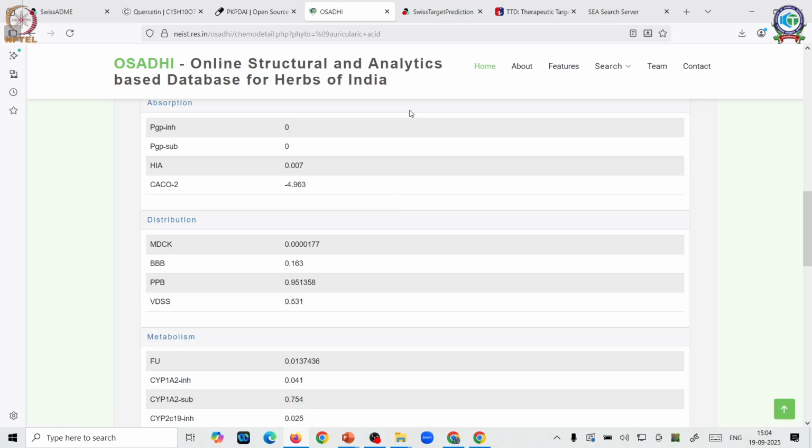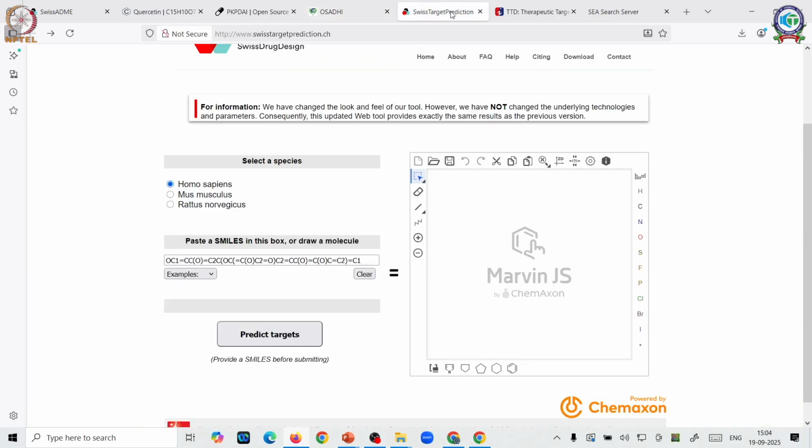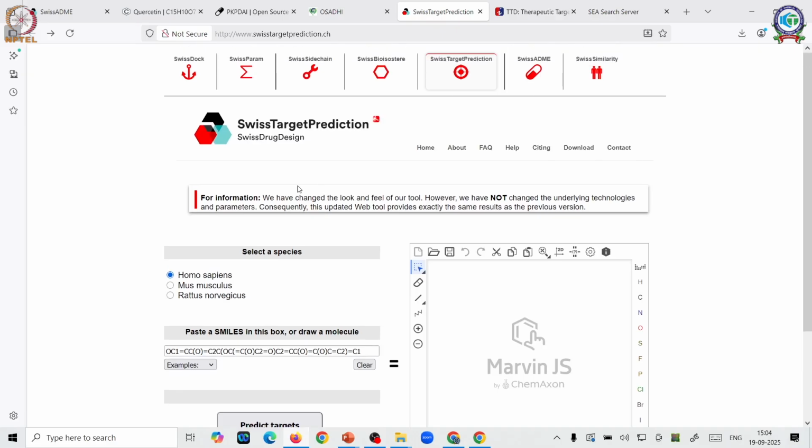Now we move on to more of the pharmacodynamic databases. So far, what we saw is what will happen to the drug in the body. Once you consume it, is it going to get digested by your cytochromes? What is going to happen to it? Now, what will be the action of this molecule on our body? For this we will first move to what is called the Swiss Target database. This is the same software wherein we saw Swiss ADME, but this web browser helps us bring out the pharmacodynamic properties.